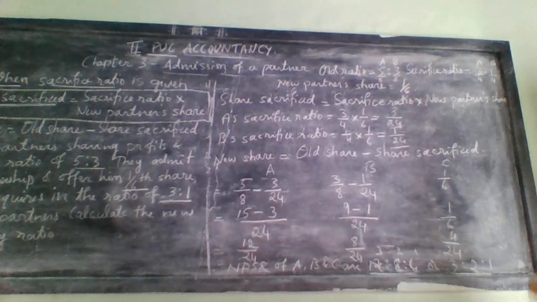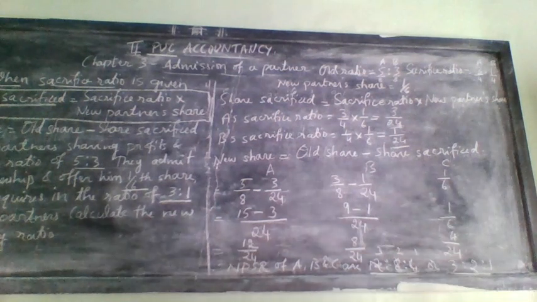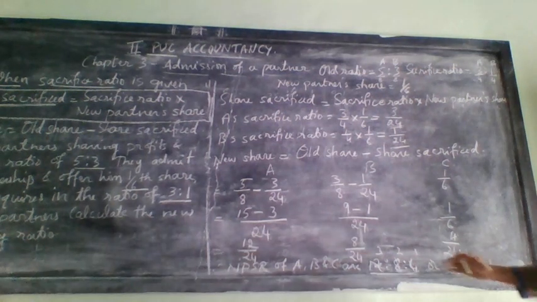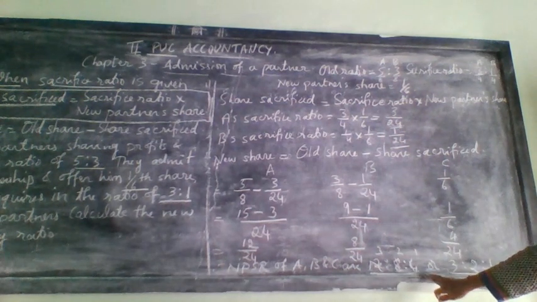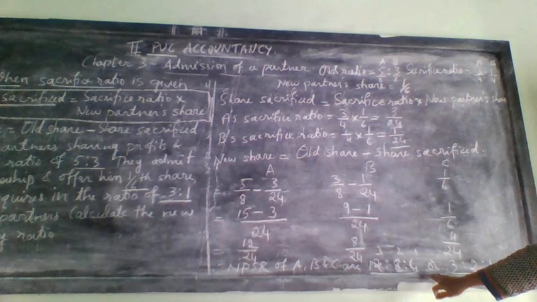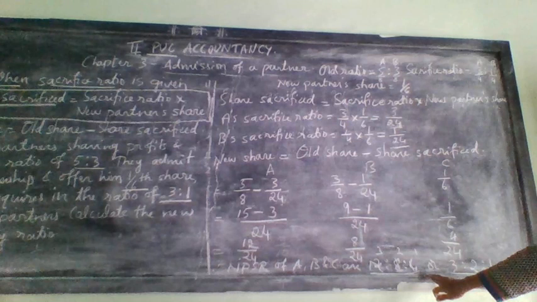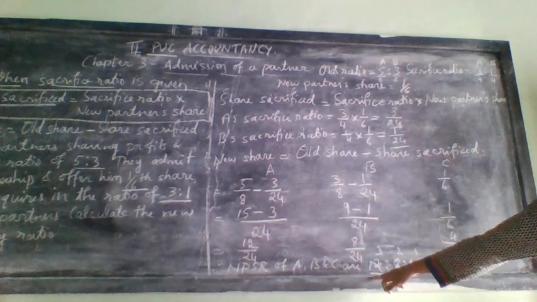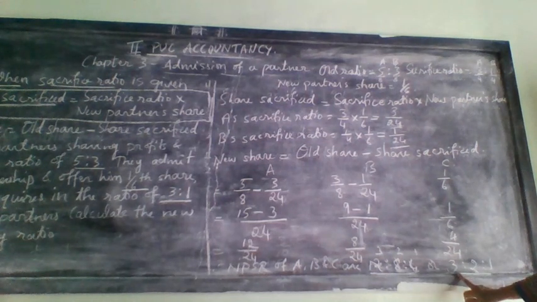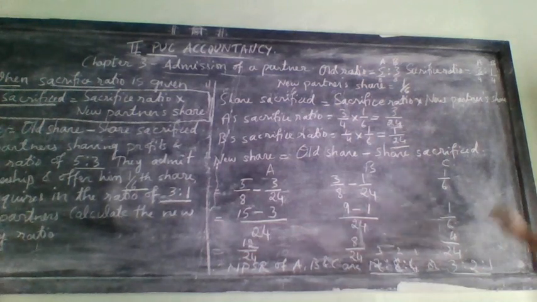But here all are even numbers. If they are even numbers, easily it can be divisible by 2, but check whether it is possible from a higher number. So here, you can simplify all the 3 numbers by 4. If you know how to simplify, then only you can do it. So 4 ones are 4, 4 twos are 8, and 4 threes are 12. So your answer will come 3:2:1. So this is how we will find out the new profit sharing ratio under case 5.